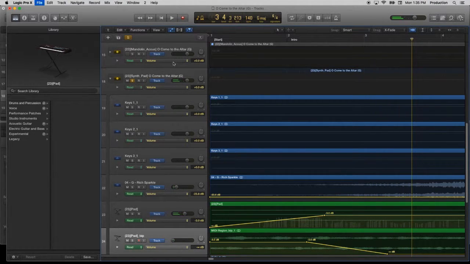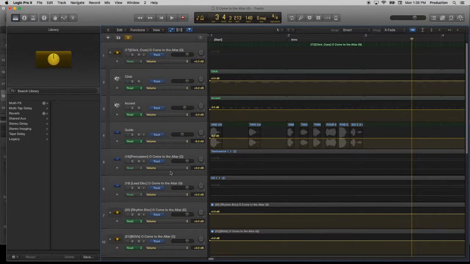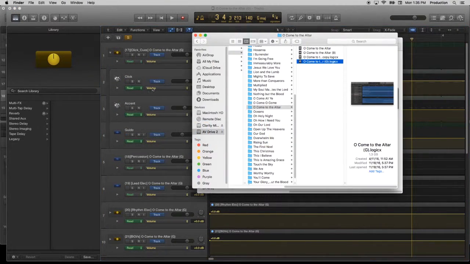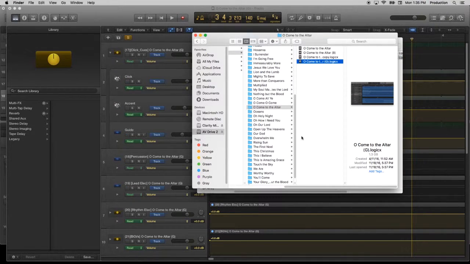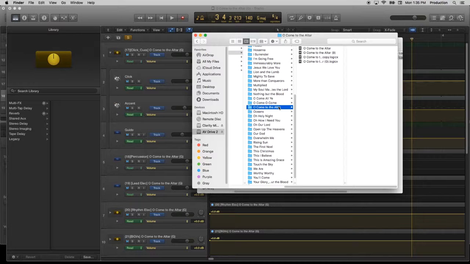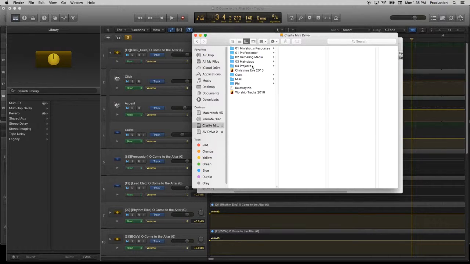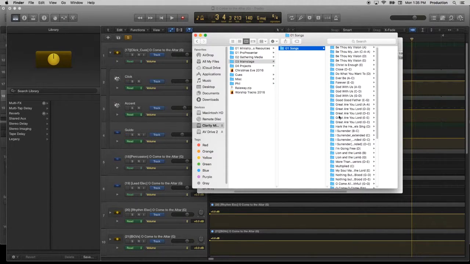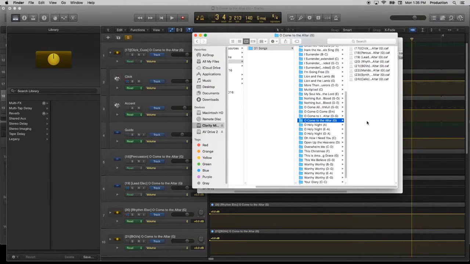Sounds good enough to me. Save, and then go over here into our drive, and as we look for "Oh Come to the Altar" on our MainStage files, let's see if we have it. We've done it before. Come to the Altar in G. Okay, so we have a Come to the Altar in G,